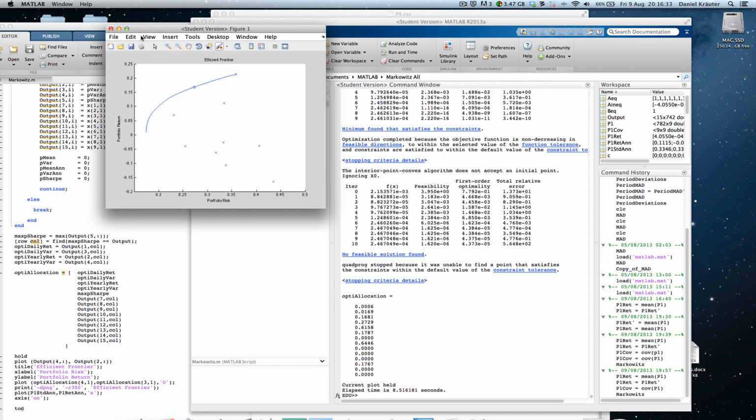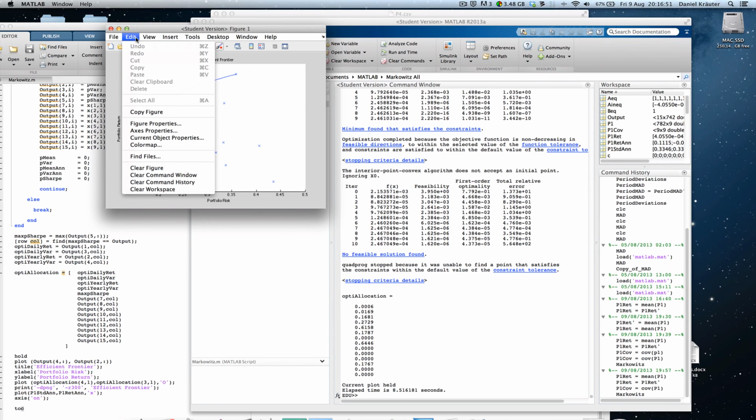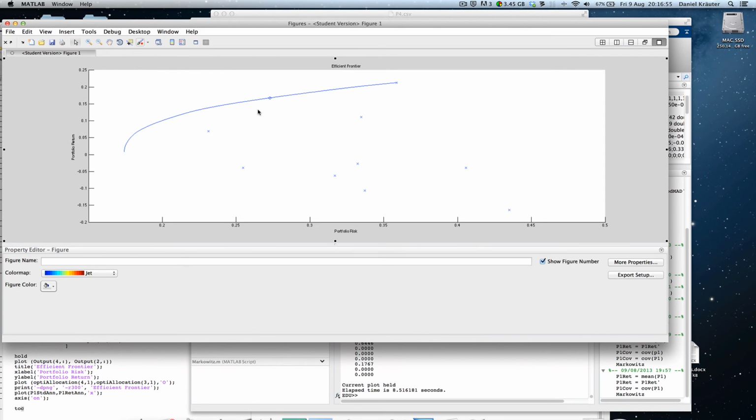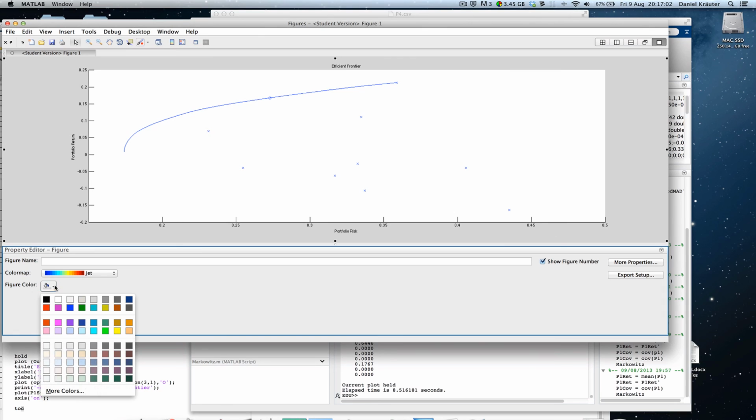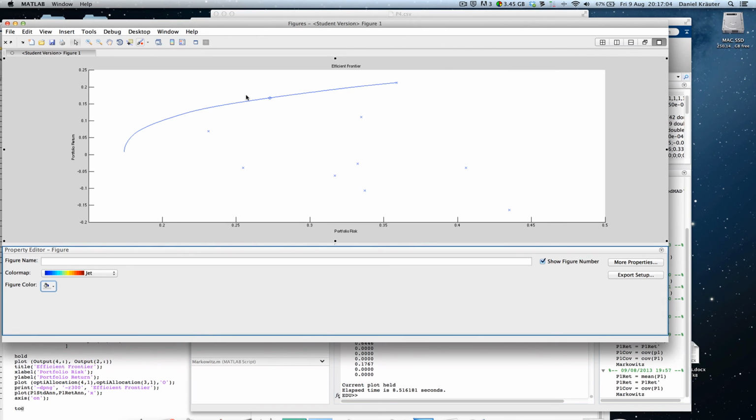All right, let's just say we do not like the colors. We want to have that a little bit cooler. You could do that all with code, but number 1, I'm too lazy. Number 2, I have no idea how to do that. And number 3, it's just easier to do it that way. So what you want to do is you want to go to Edit and click on Figure Properties. This cool feature will open and will allow you to manipulate almost everything. If you don't like that gray background, just change it here. Choose another background. I'm just going to stick with that. And then you can click on